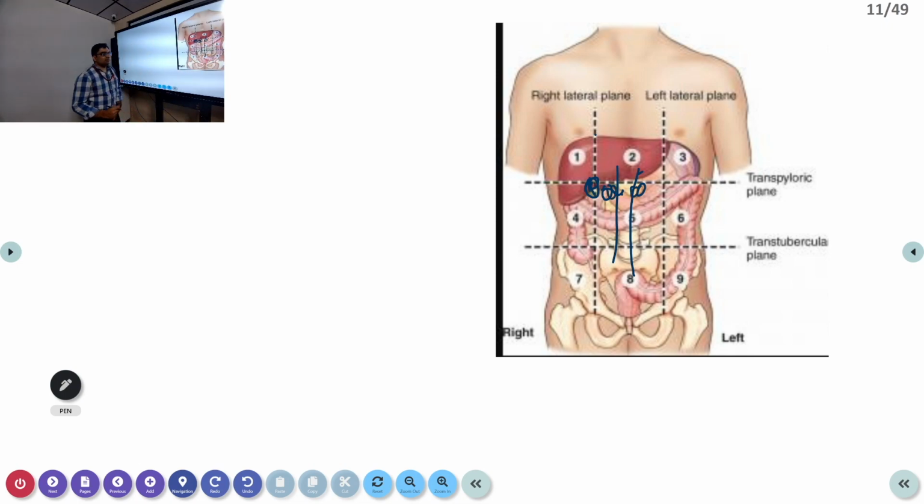If any testicular malignancy is there, it will go to the para-aortic lymph nodes, mainly because embryologically the testis arises near the lumbar area, and then it descends into the scrotum. So that's the reason why the blood supply as well as the lymphatic supply will be very close to the lumbar area, from the aorta, very near to the kidneys.